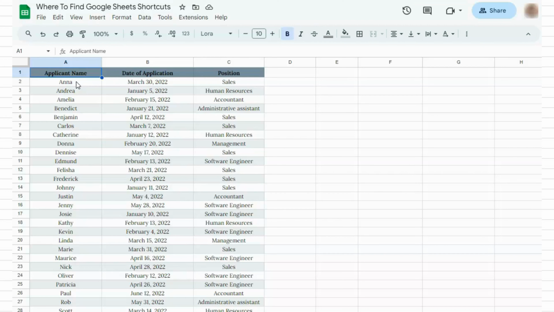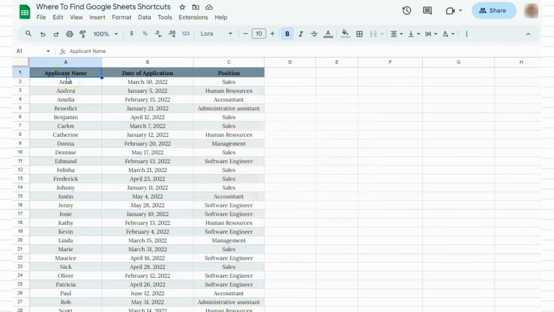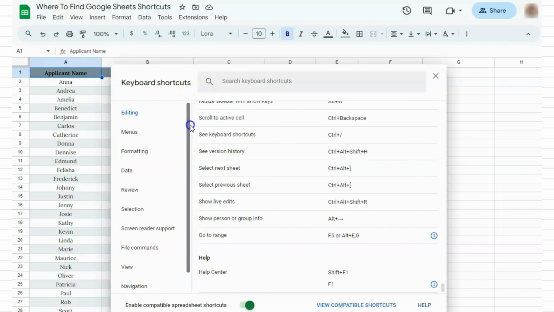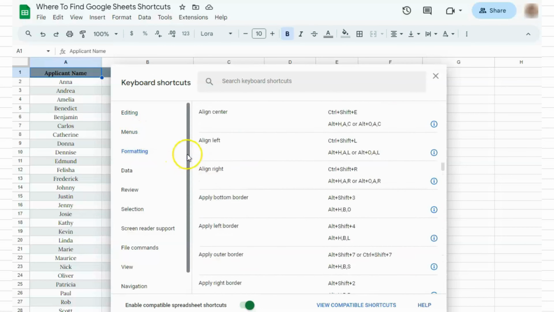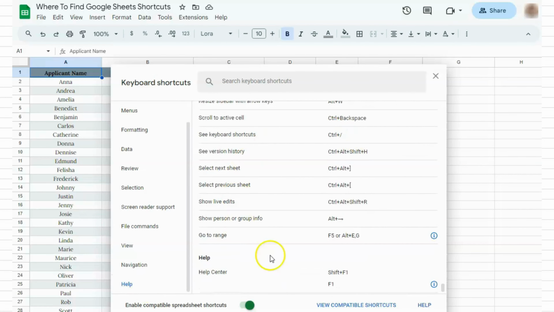First, go to your keyboard and press the keys Ctrl and /. If you're a Mac user, that's Command and /. Once you've done that, this panel will appear. You have your keyboard shortcuts right here, and everything from editing, menus, formatting, all the way to help will appear right here. Now make sure to enable compatible spreadsheet shortcuts for you to be able to use all these keyboard